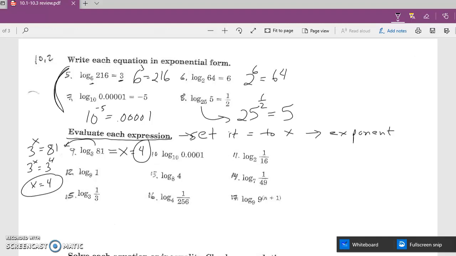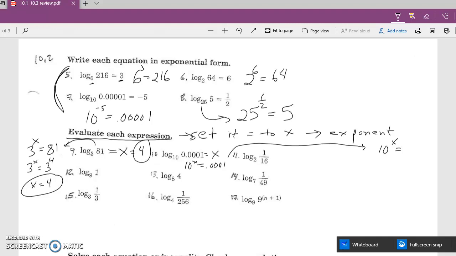Okay, going on to number 10. If I do this one, I would just set it equal to x. So I would get 10 to the x equals 0.0001. Now, what in the world do you do with that? Well, this one's a little confusing, so I'm going to have to drag it over here. So you get 10 to the x equals